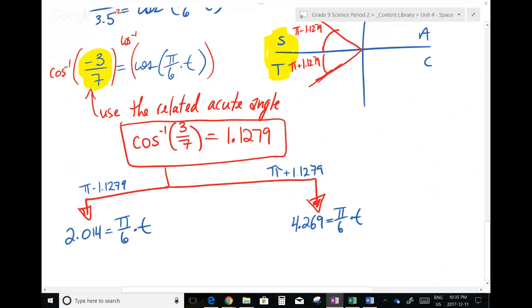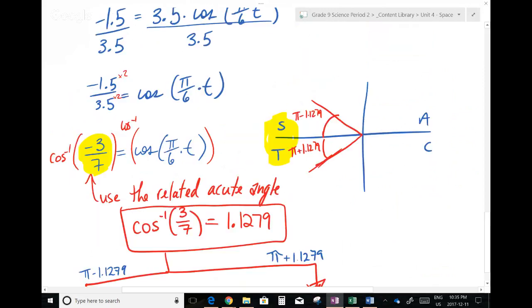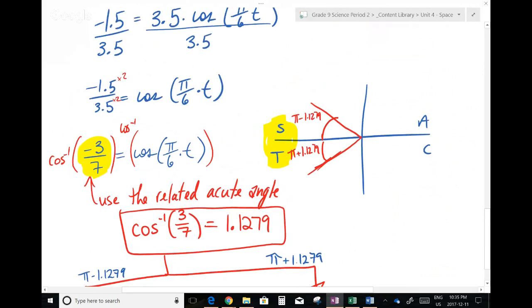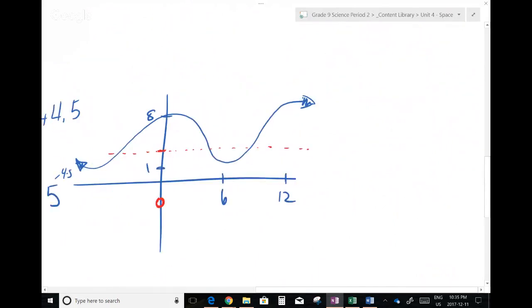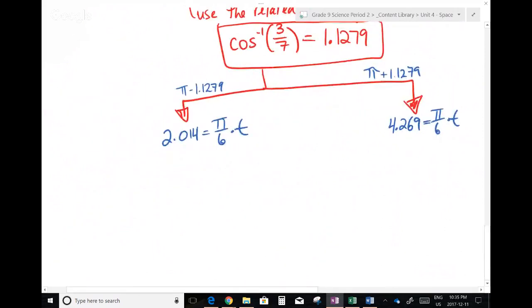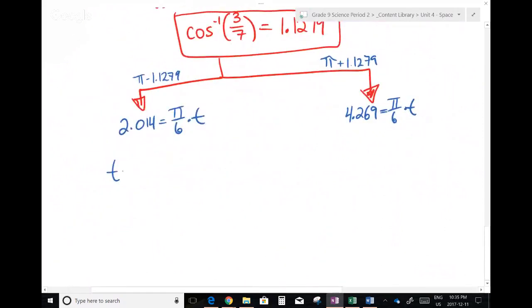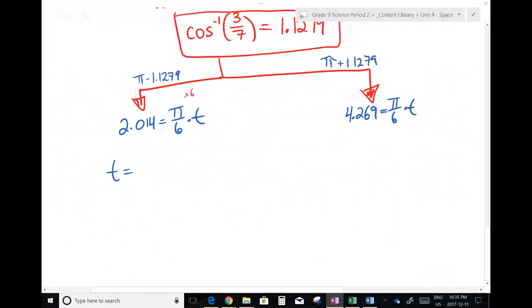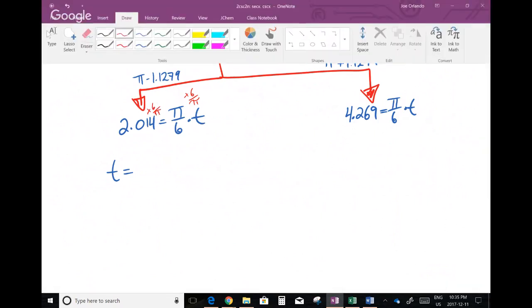Now remember, this 2.014 and this 4.269 tells you in a normal 2 pi revolution where these zeros lie. But of course, we want it for this more complex solution here, and that's what this additional calculation is going to do. And so now t is just going to be equal to, well, we're going to multiply both sides by 6 to get rid of the 6, and then we have to divide by pi to get rid of the pi. Over here, we're going to multiply by 6 over pi as well. And our answer is going to be t equals